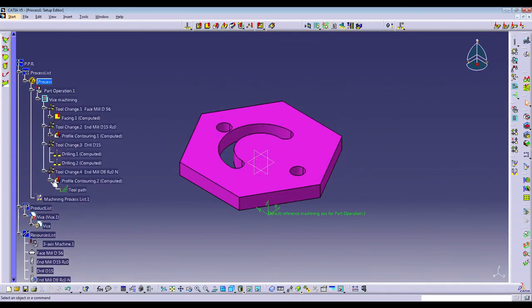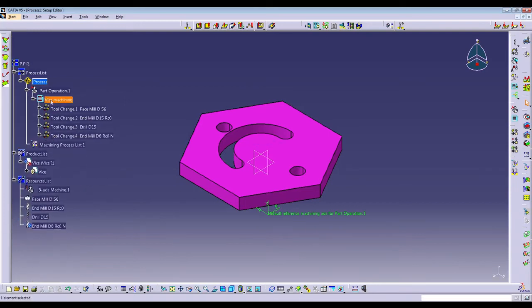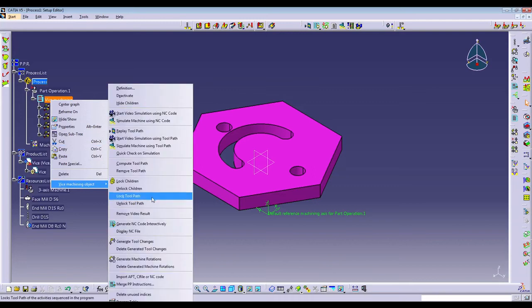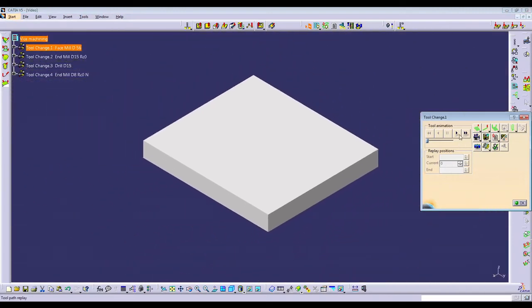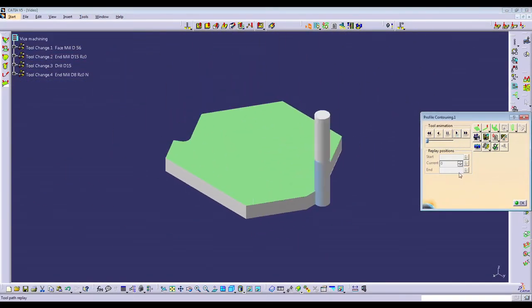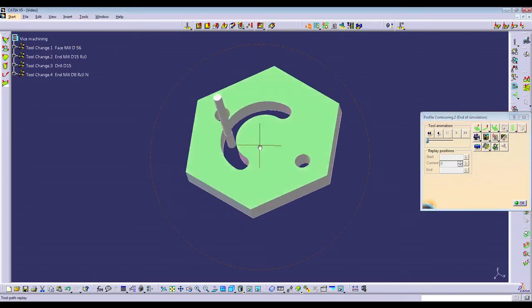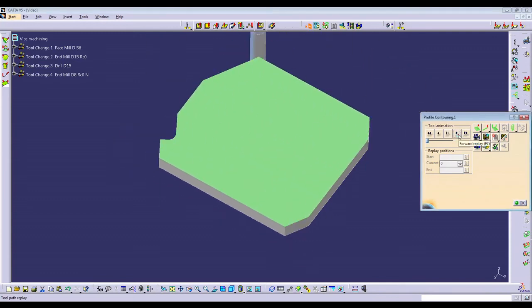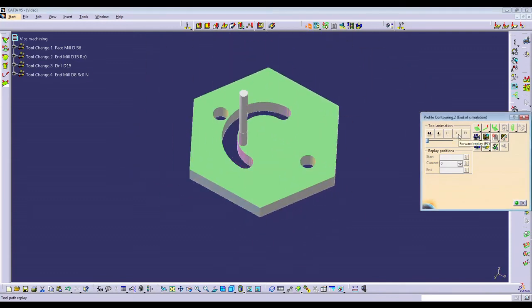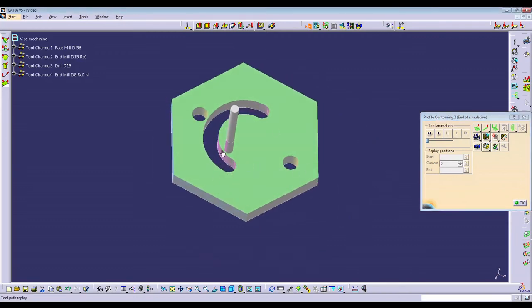Okay, and if you want to watch the video, you can start with the video simulation using the tool path. Just click on it, and then you can click play, and you see this is the final product of our part. So firstly the milling process, and then the contouring, drilling, and then lastly